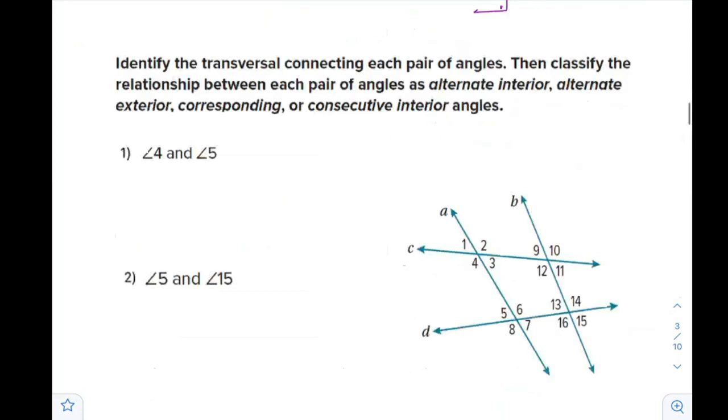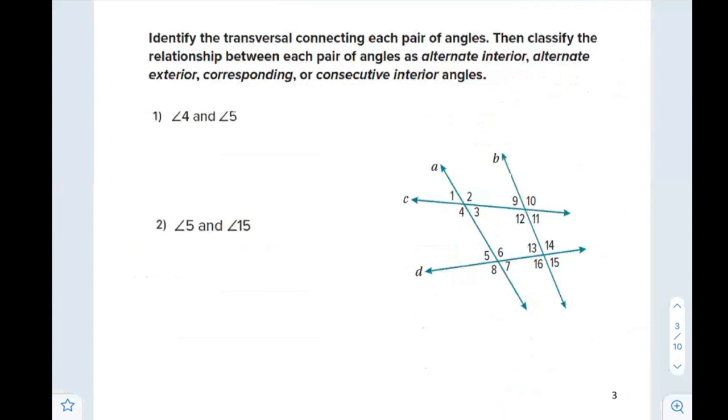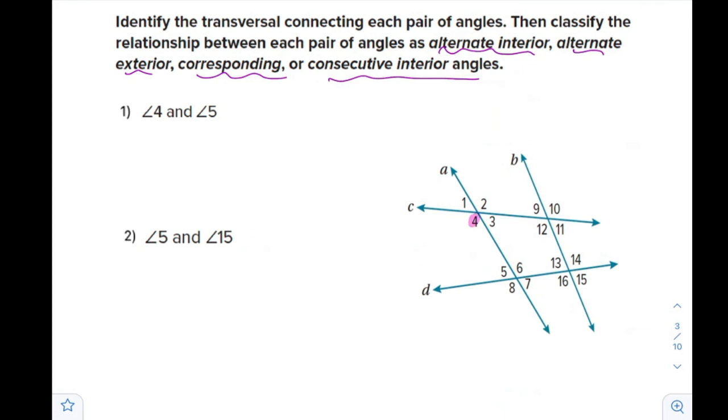Let's take an exercise here. Identify the transversal connecting each pair of angles, then classify the relationship between each pair of angles as alternate interior, alternate exterior, corresponding or consecutive interior angles. Let's see. Angle 4 and angle 5. Let's highlight 4 and 5. 4 and 5 together lie on transversal A. So the transversal is A. What's the relation between them? Both are interior on the same side, so we can call them consecutive